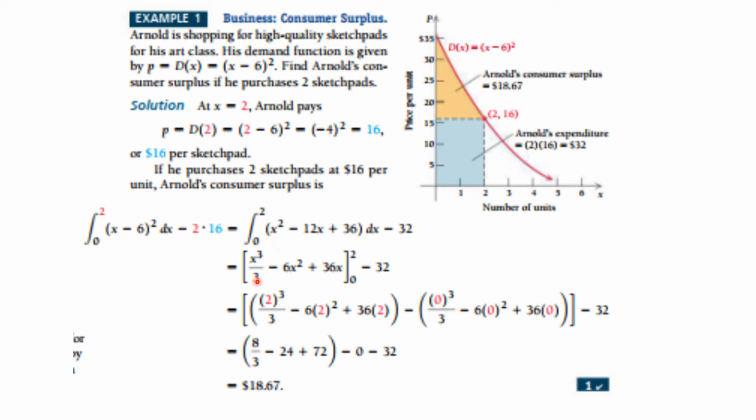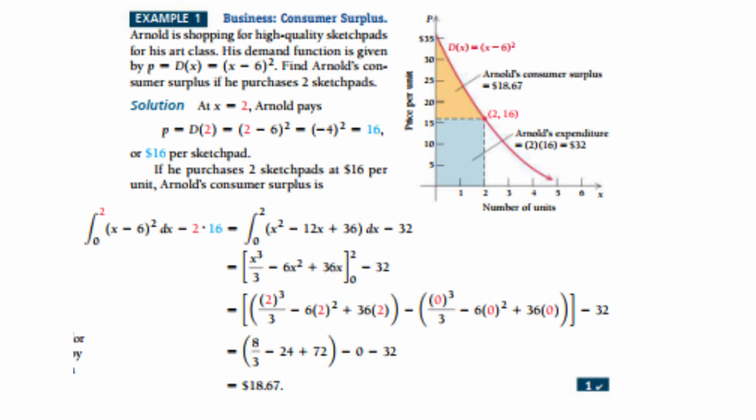Here we add 1 to the exponent, divide by the new exponent. We pull the 12 out. We add 1 to the exponent, divide by the new exponent, and here we have 36, and the antiderivative of that is going to be 36x. We evaluate at the top limit, subtract off it at the bottom limit, and subtract 32. Here's the top limit, minus here's the bottom limit. We subtract 32. We do the calculations, and we get